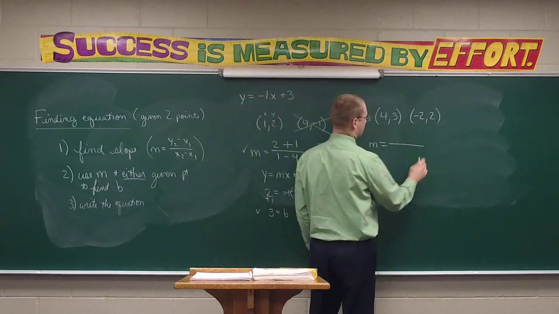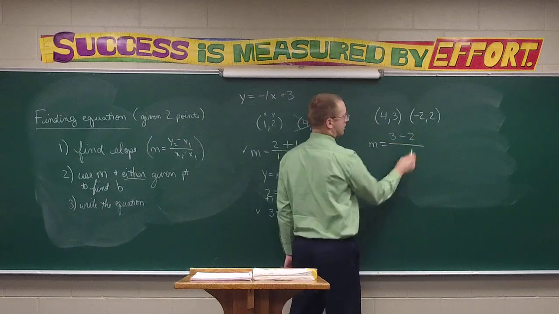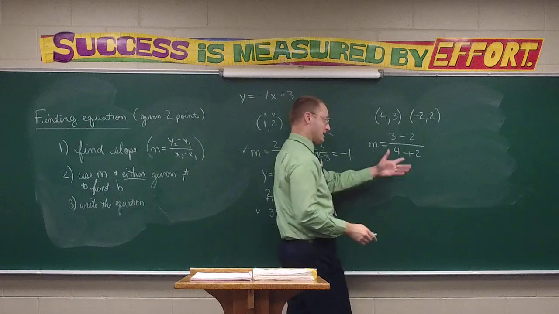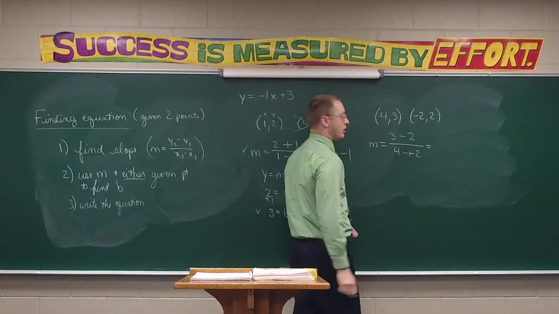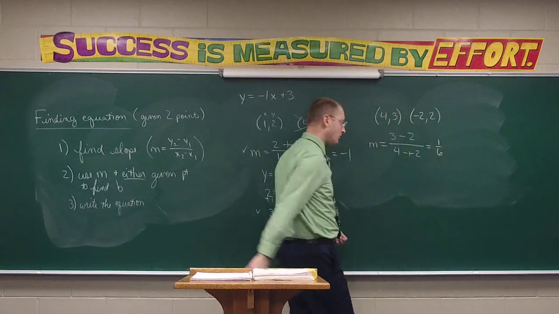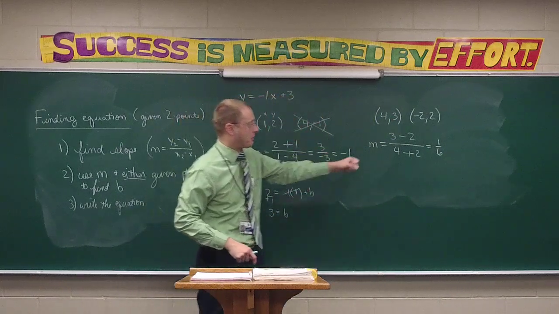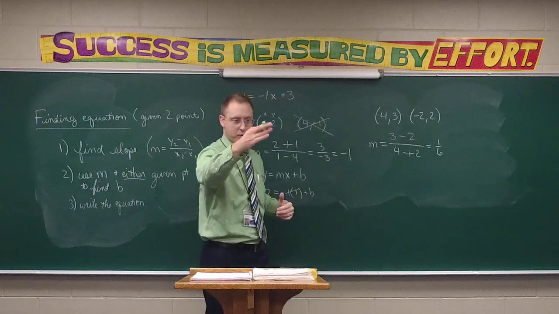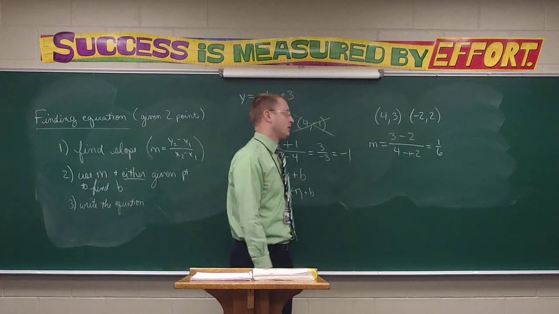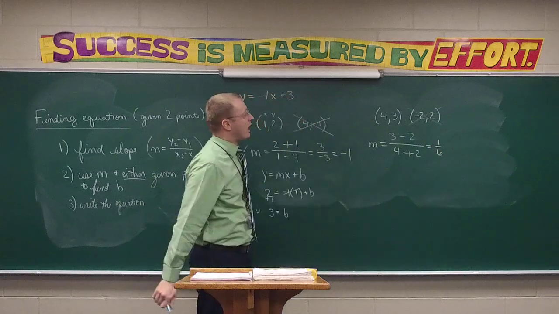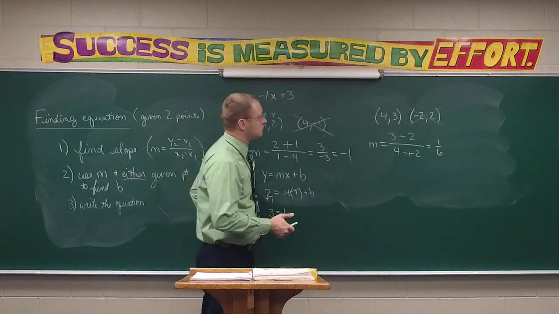m equals 3 minus 2 over 4 plus 2. Good, and I like that you went straight to 4 plus 2, 4 minus the negative 2, to get a slope of 1/6. All right, once we've got the slope, then we're going to take that slope and we're going to pick one of our points, whichever one Michael likes better. 4, 3. All right, he does not care for negatives. I'm kind of with him there. All right, and Michael? 3 equals